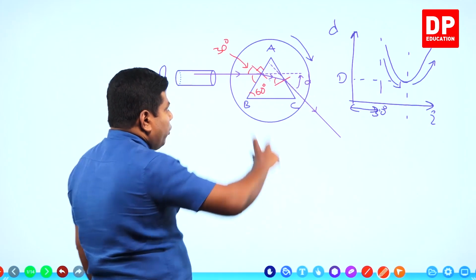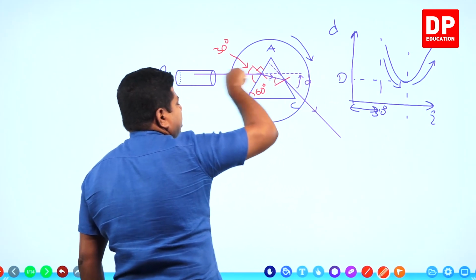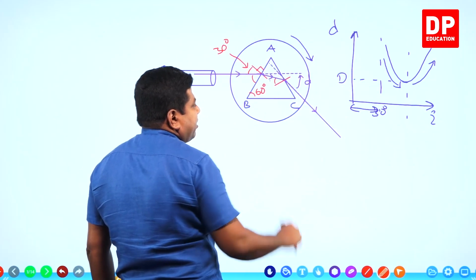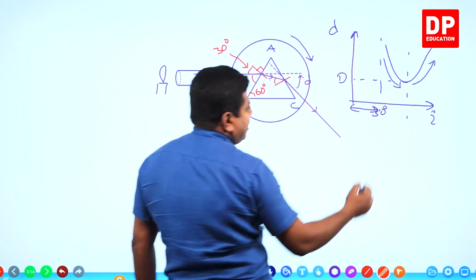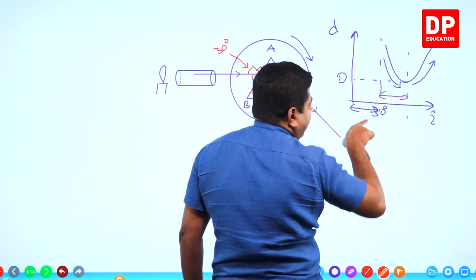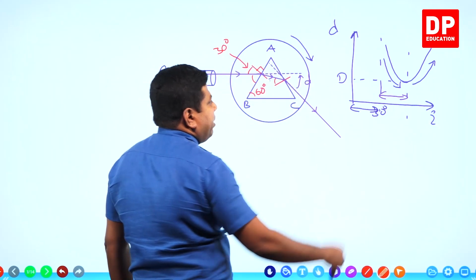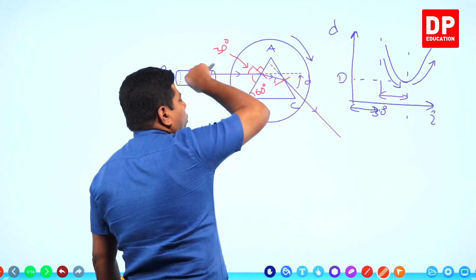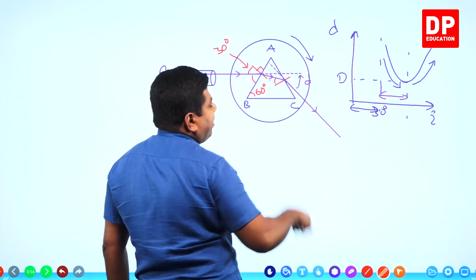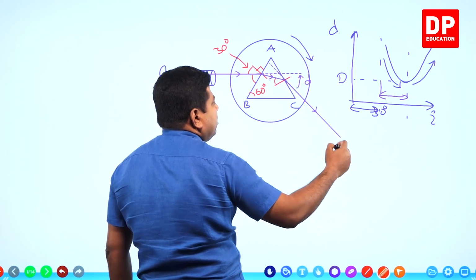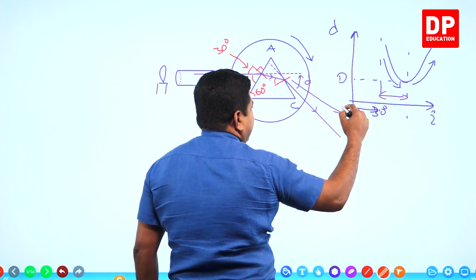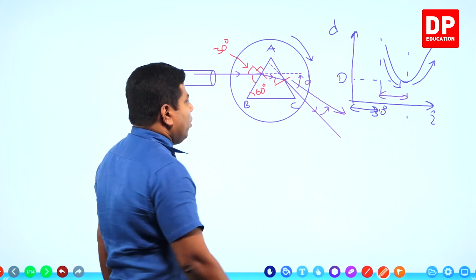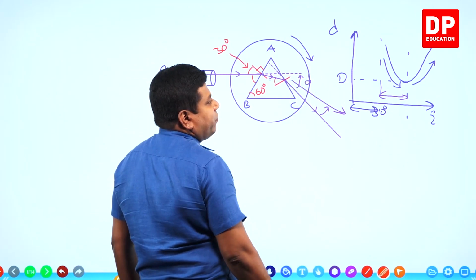Now, when you rotate this, remember the incident ray is not going to change. That will be the same. But the refracted rays are going to change. You will not get the same refracted ray again. But initially, when you are increasing the incident angle, what should happen? Deviation has to decrease. This angle has to decrease. But incident ray doesn't change. If the incident ray doesn't change, what should happen to this emergent ray? The emergent ray should move to the other side. Why? Then only the deviation will decrease.